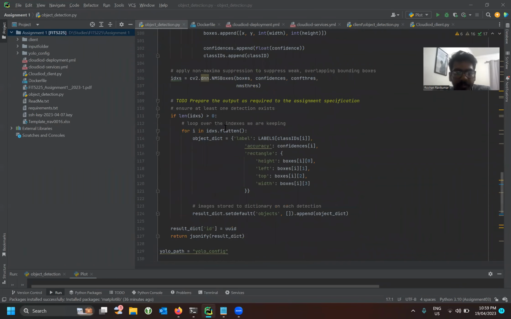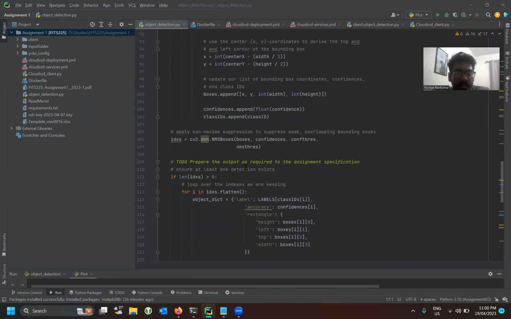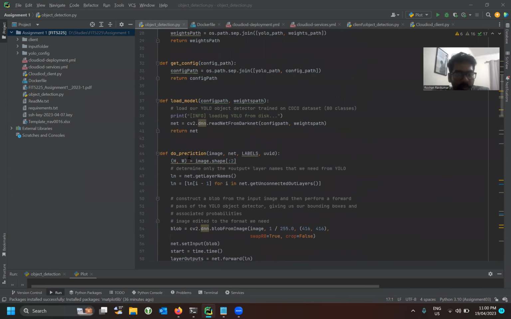So here, as you can see, I create an object dictionary where I take the labels, accuracy, rectangle, height, left, top, width, all the details, and add it to a dictionary. And then I take this whole dictionary and append it to another dictionary called result dictionary. So this whole dictionary has two things: the ID as well as the objects. So inside the objects is where I have all of this. So there are two different dictionaries, and then I jsonify the results dictionary to return as the output for this